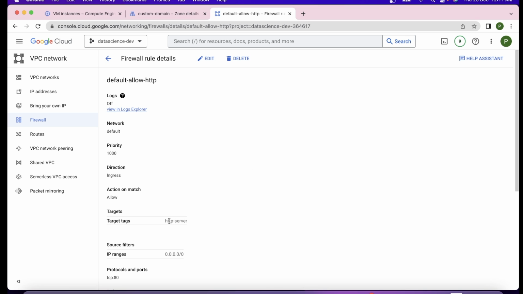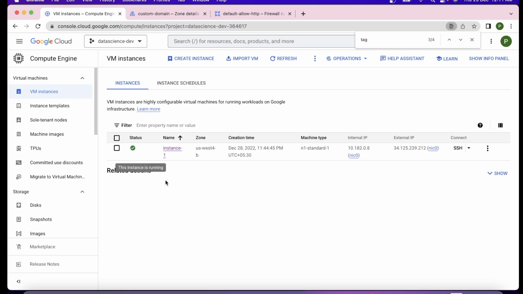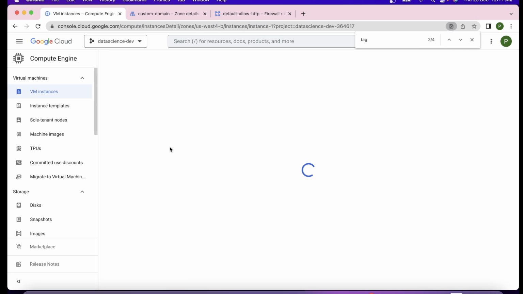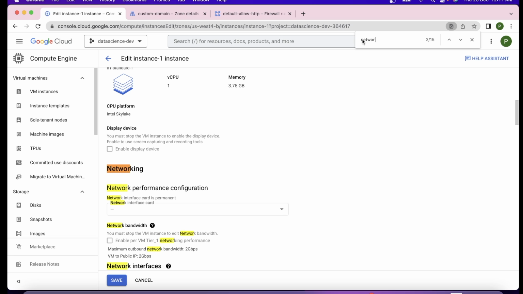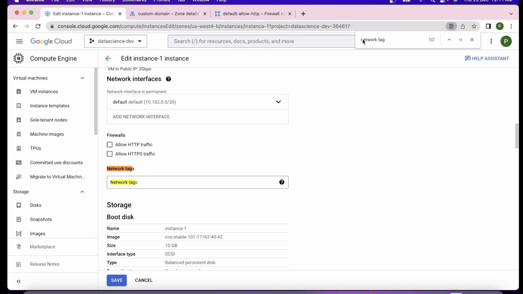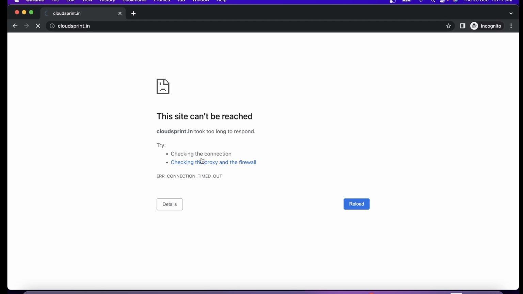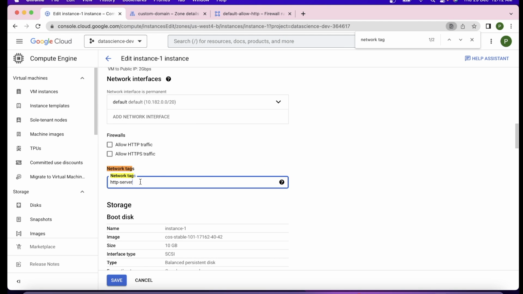Okay, to enable it, what I'll do, I'll copy this target tag, go to VM, click on the instance, click on edit, and directly search network tag. Here I will pass the HTTP server. Let's see if it has got the response. Yes, you can see site can be reached till now. So I'll click on HTTP server again, click on save. Once I save it,